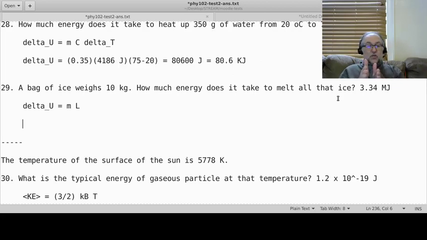So halfway through the phase transition, you'll have some ice at 0 degrees Celsius and some water at 0 degrees Celsius. And then at the end of the phase transition, you'll have all water at 0 degrees Celsius. So all through the phase transition, the ice water stayed at 0 degrees Celsius. It's simply changing form from ice to water. So there's no delta T in there because delta T would be 0. So we just have that delta U, the energy we need to add, is the mass, 10 kilograms, multiplied by the latent heat of